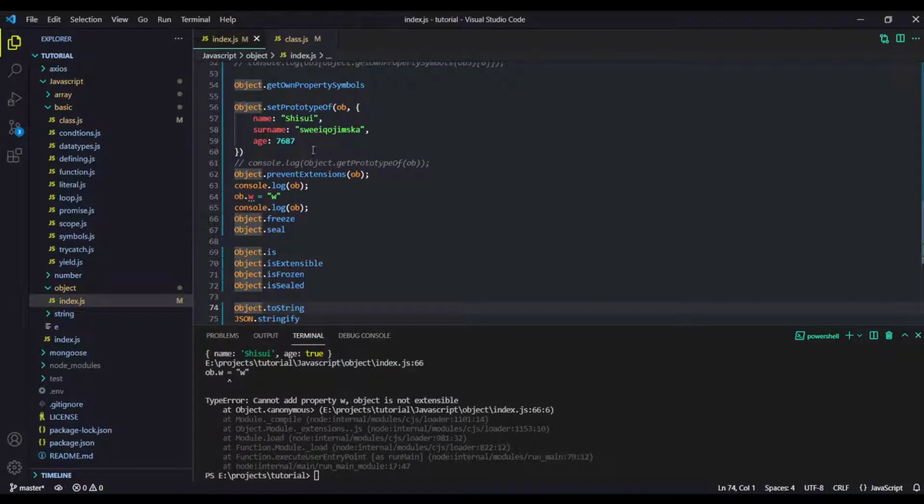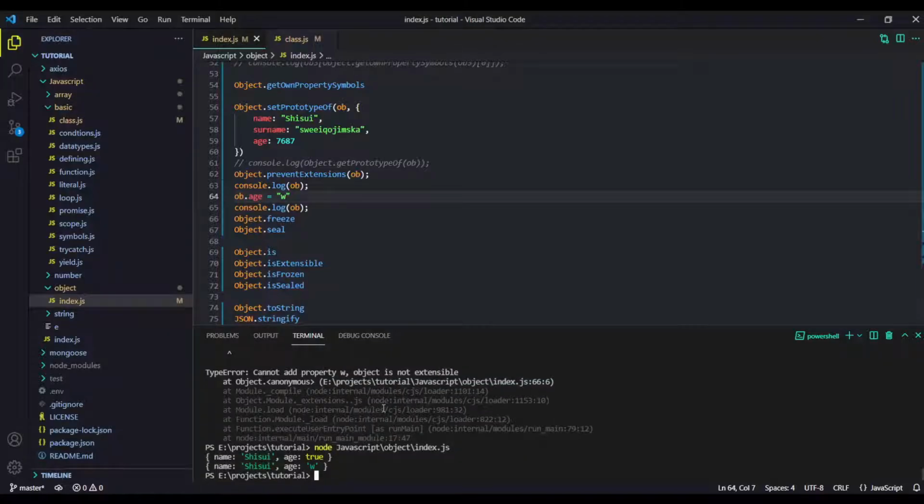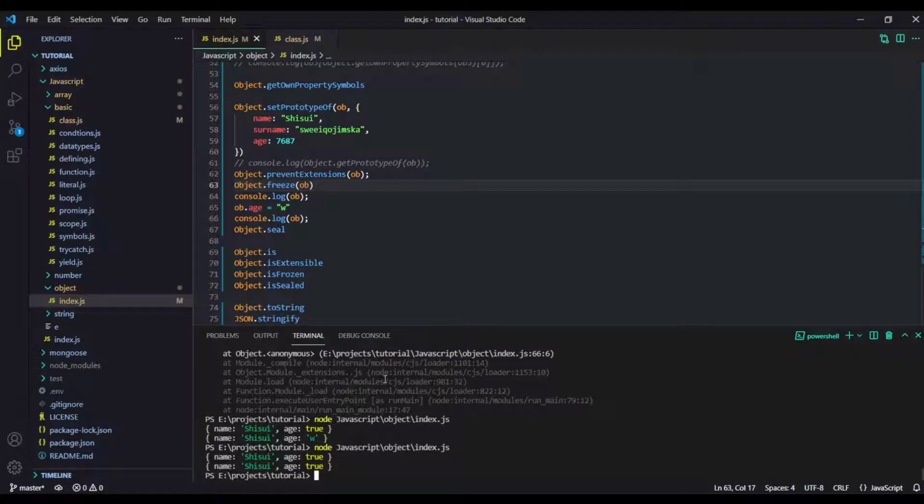And now let me show you some different stuff. Well, this was prevent extension, but you can still change the value of our already existing properties. What if you want to stop them too? You can just freeze them via the object.freeze function. I showed you that's how we do it. And you can see the value didn't change. And if we were in strict mode, it will throw an error.